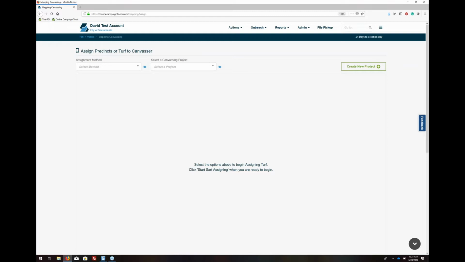All right, so once your project has been created, you can make your assignments. The first thing you'll want to do is select your assignment method. We have a multitude of different methods in here, but in the grand scheme of things, it's really just two different types of methods. You have a method using a map, and then you have a method using the list view instead. So if we select this Assign Turf from List, and then select our project,